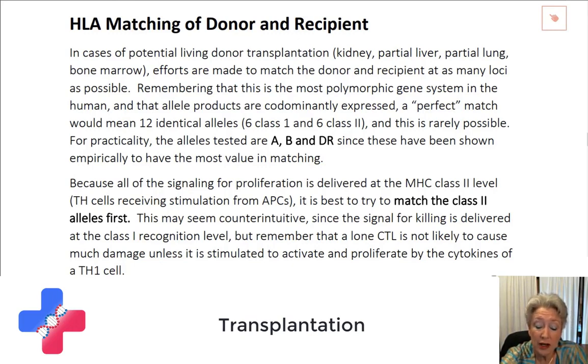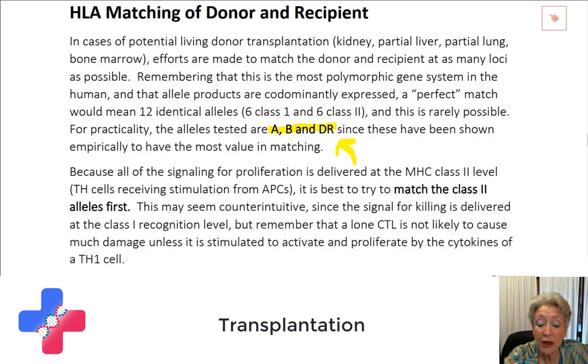But if I have time, realize that we have found empirically over the decades that we've been doing transplantation that the most important alleles to match are A and B and DR. A and B are class 1 alleles. DR, of course, is a class 2. And I will say to you, if you are ever in a situation where you have to choose because you cannot match all three, then it is better to match DR, the class 2 molecule, because remember again, the